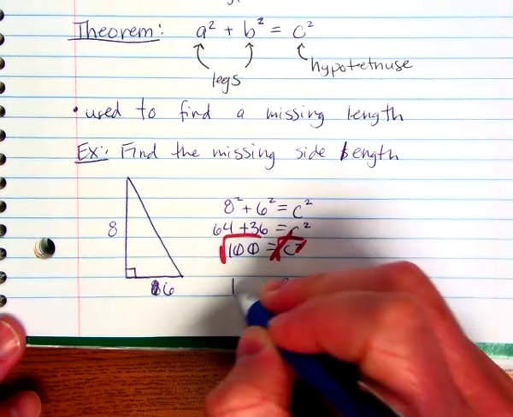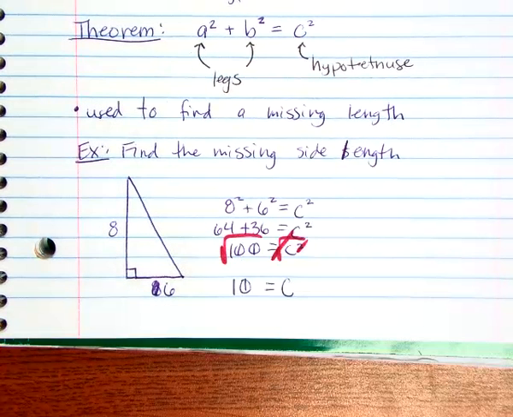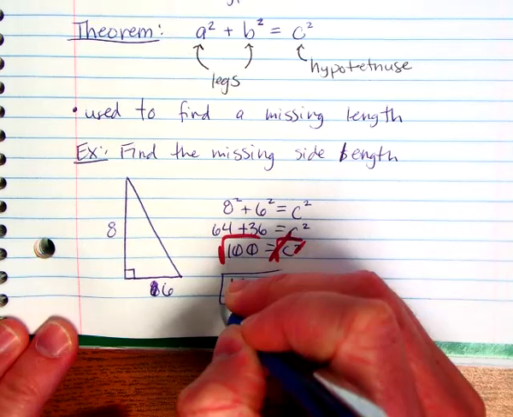Now, we normally write plus or minus 10, but negative 10 would not make any sense. We're talking about a distance, right? A length. You're not going to measure something and have it say, oh, it's negative 10 centimeters. Doesn't make any sense. So we are only going to leave it as a positive number for this,